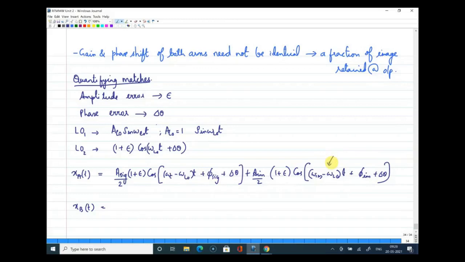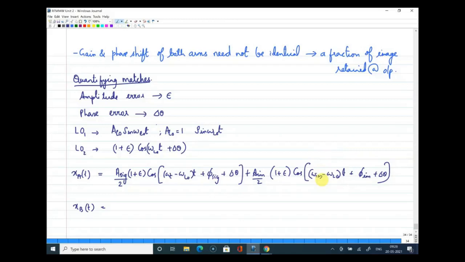Okay, didn't get that, sir. So the first term is A plus B and A minus B. I have written in that form itself. One change I have done here is, I have written cos in terms of omega im minus omega lo. Maybe that caused confusion, but either way, cos of minus theta is cos theta itself, right?